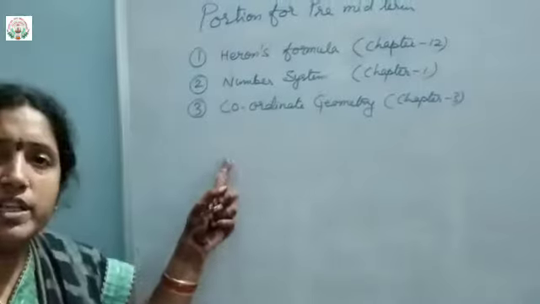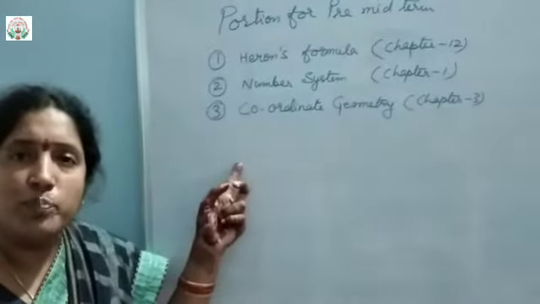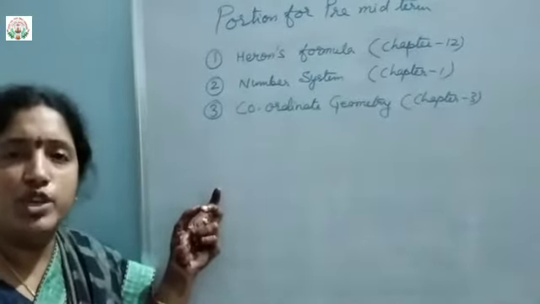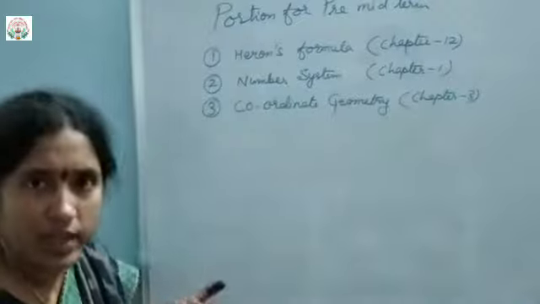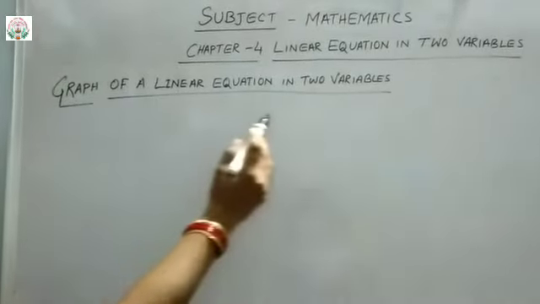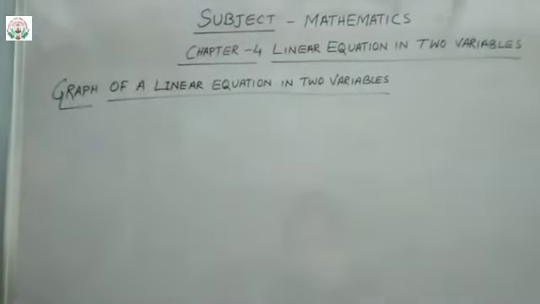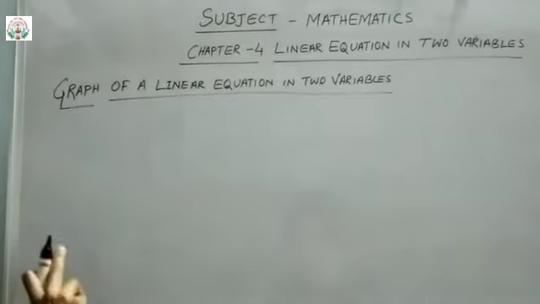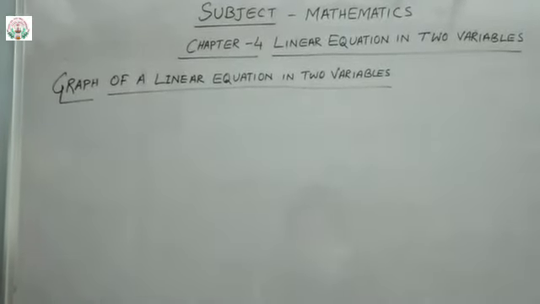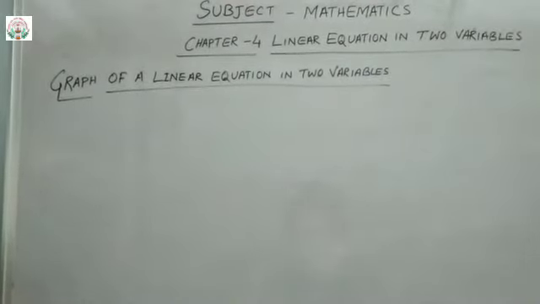And along with this, the next topic that we are going to learn now is graph of a linear equation in two variables. Our new topic, that is graph of a linear equation in two variables. Before this video we have seen what? So in a graph, whether a particular point lies in it or not, that we have checked, is it not? And find the value of k.